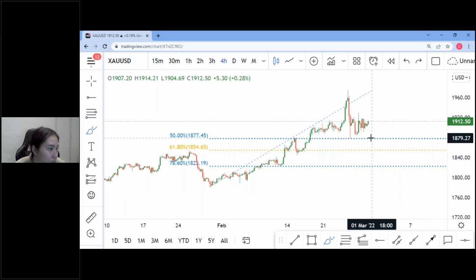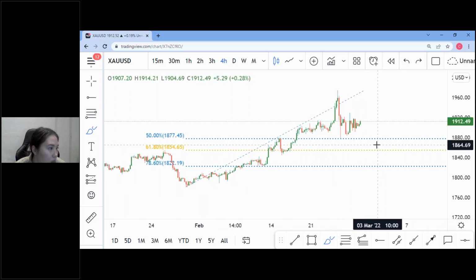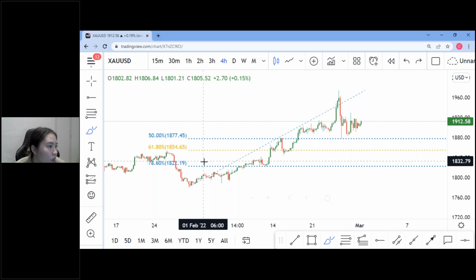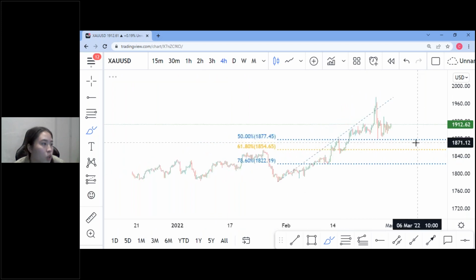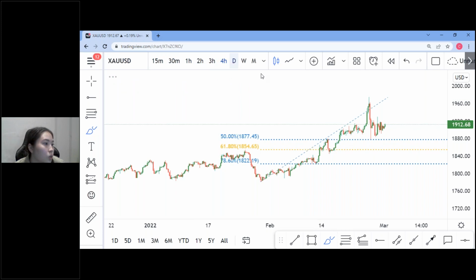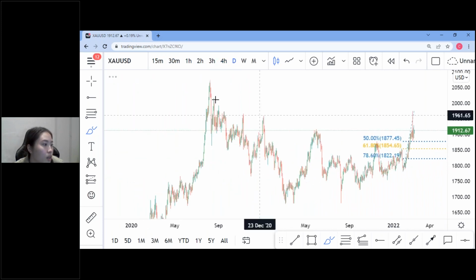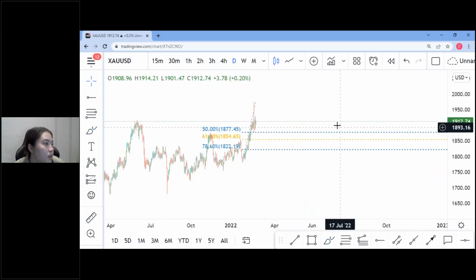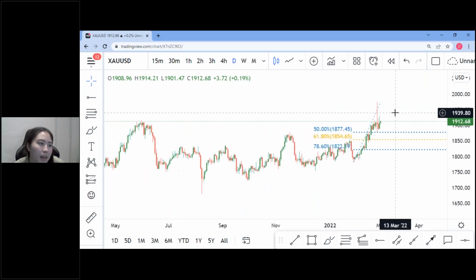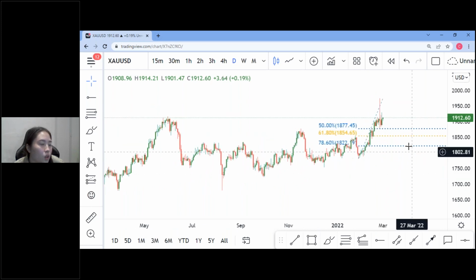Honestly, I do think that the reversal already happened. So this is when you need to combine with other things. You need to combine with trend, like momentum, like the market trend. So let's go to the daily to see where price is going. Gold is such a bad example, honestly. One look at price, right?